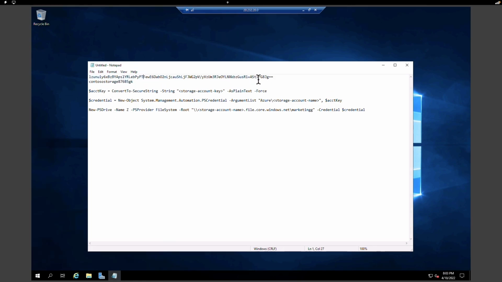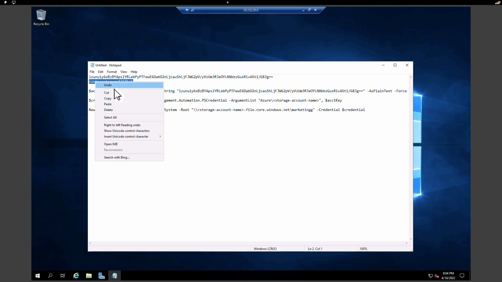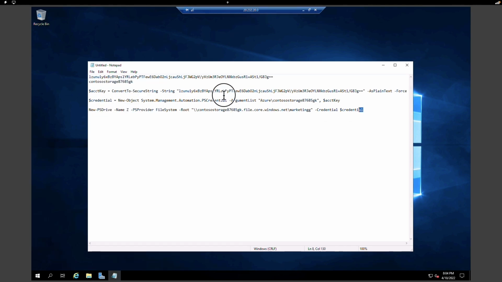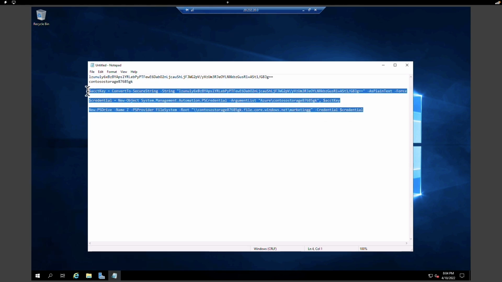Now we are going to replace these values in the script below. So I'm going to copy the access key and replace the string here with the access key. Similarly, let's change the value of the storage account as well. Now that we have changed all the parameters required for the access key and the storage account, let's copy this and go to the virtual machine